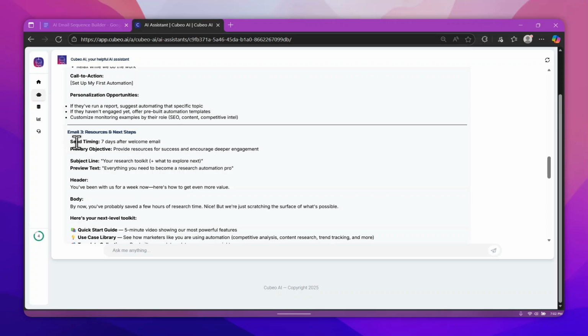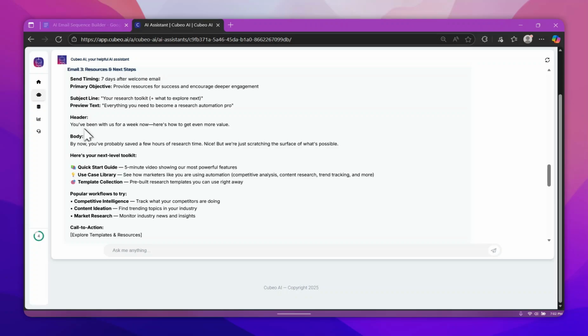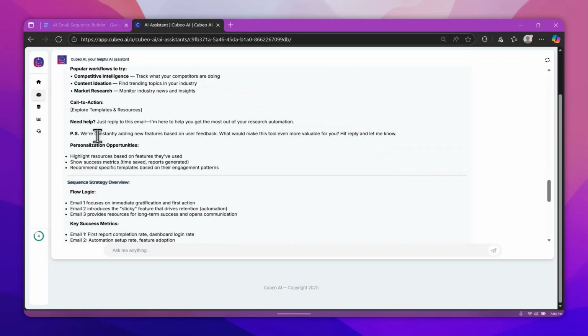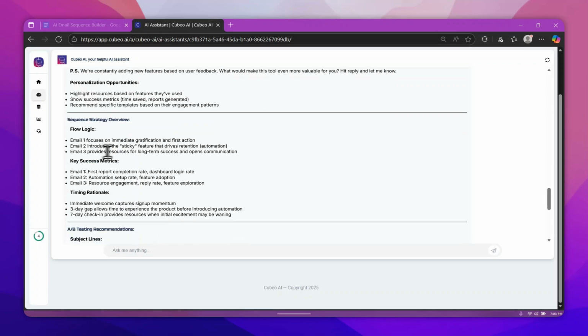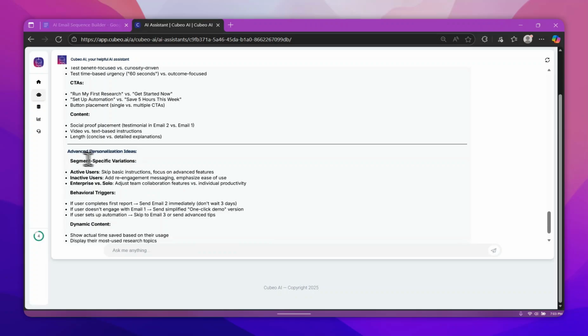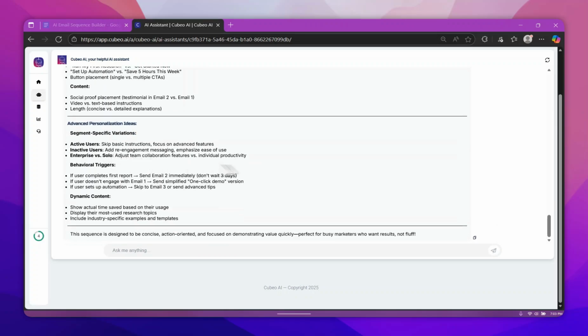And then the third email, resources and next steps, when you should send it, the objective, the header, the body. Okay, then another call to action, personalized opportunities, a strategy overview, basically the flow logic, key success metrics, and the timing, some A/B testing recommendations such as subject lines, call to actions, and content, different ideas for personalization, and of